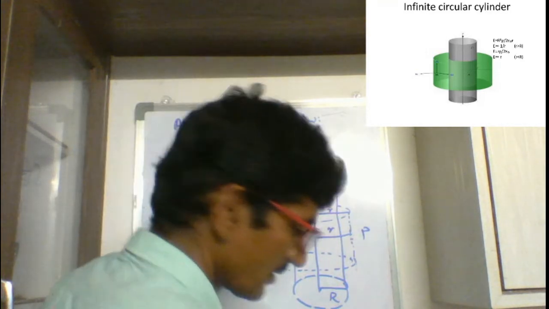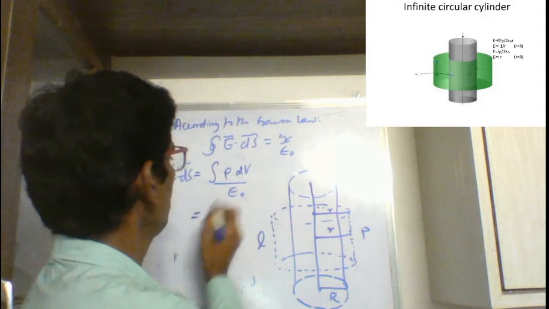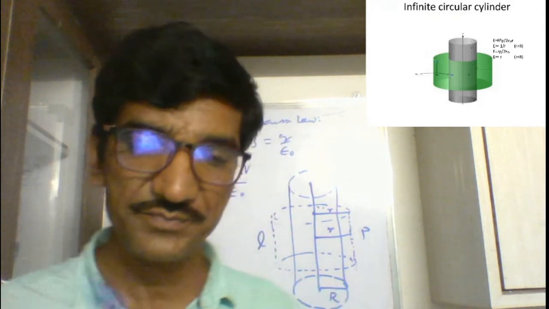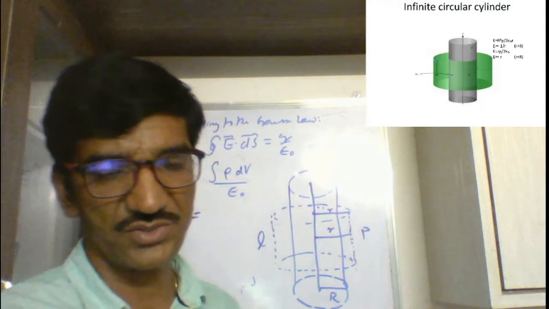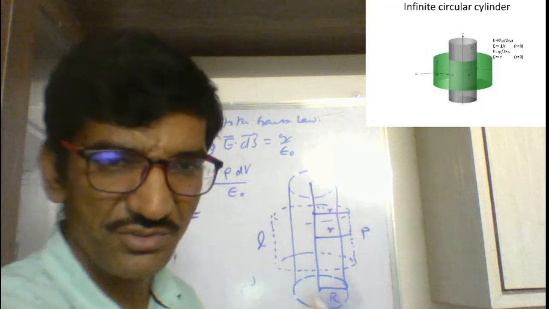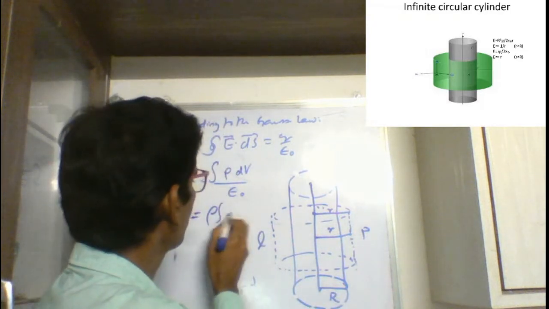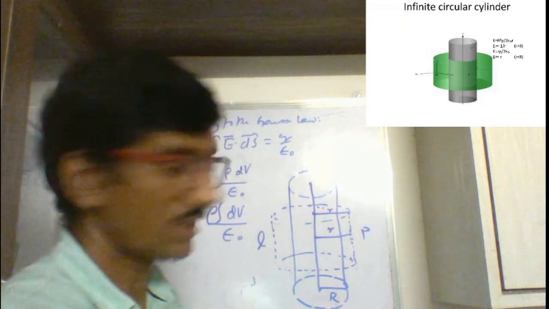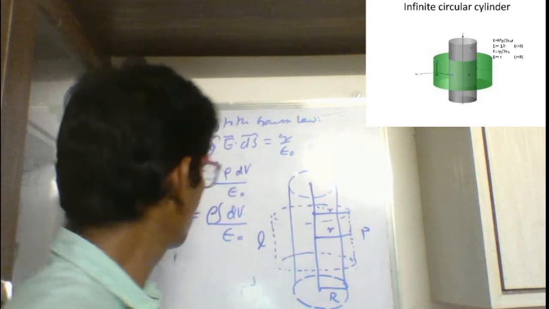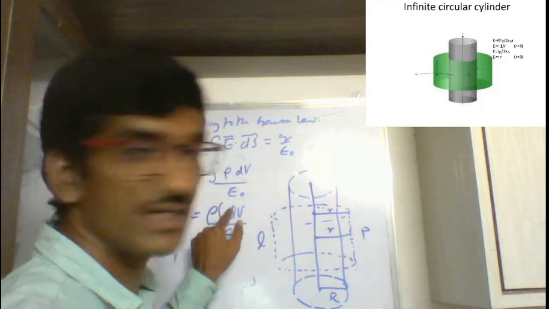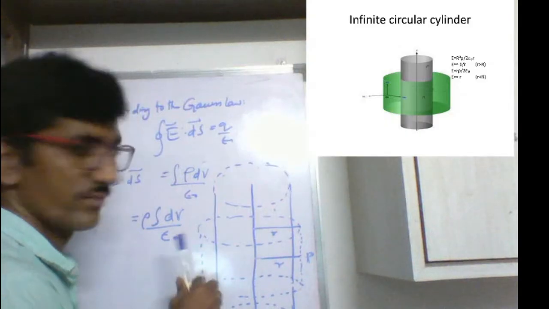This is equal to, you see, this is also for every unit volume you have the same charge. So this is also a constant. That's why you may put this outside of the integral: rho dV by epsilon. Say this is equal to, what is rho dV? Integral dV, the total volume